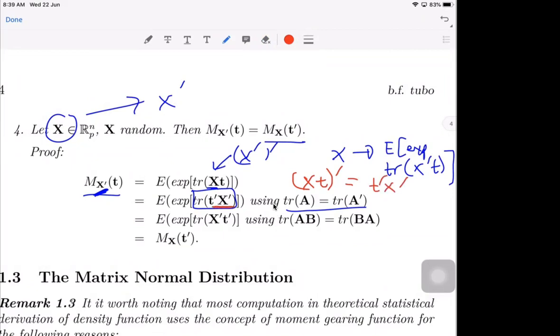So the trace of A, your A here is xt. You get the prime of that. The prime of that is t prime x prime, which is this one. And then you have to